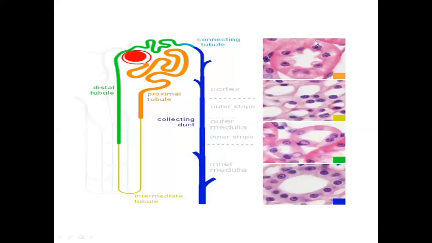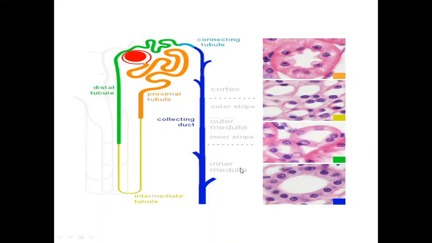The orange cross section is representing the proximal convoluted tubule, and it is evident that there is a brush border-like appearance, a darkly stained area. Then the green cross section is showing the distal convoluted tubule, where the staining affinity is light and the lumen is white without a brush border-like appearance.